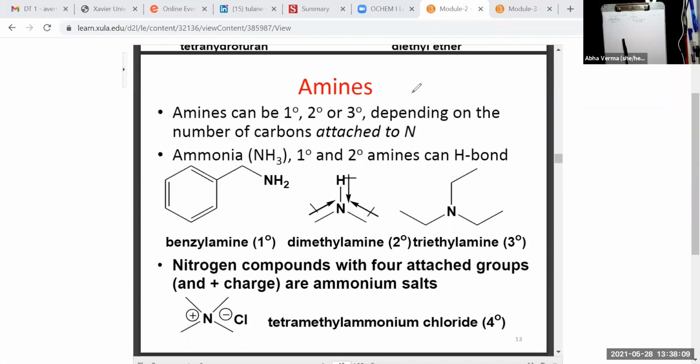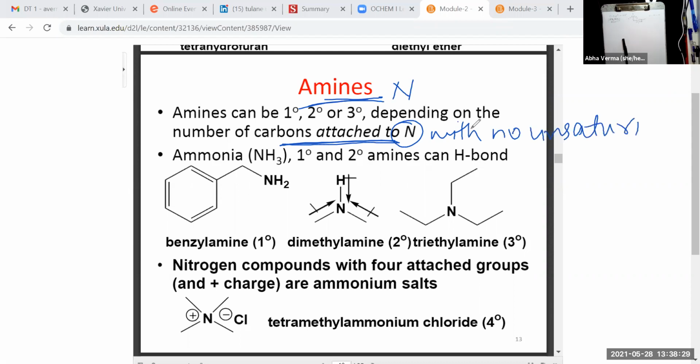And I'll show you when you will see other unsaturation. So amines have nitrogen atoms attached to the carbon with no